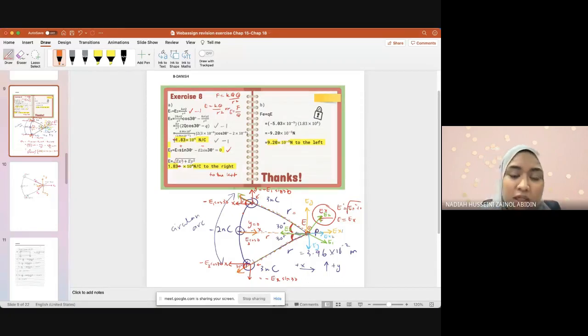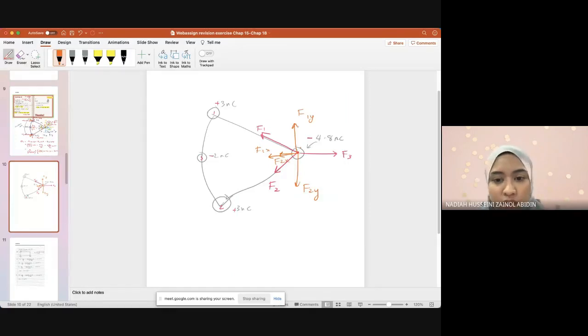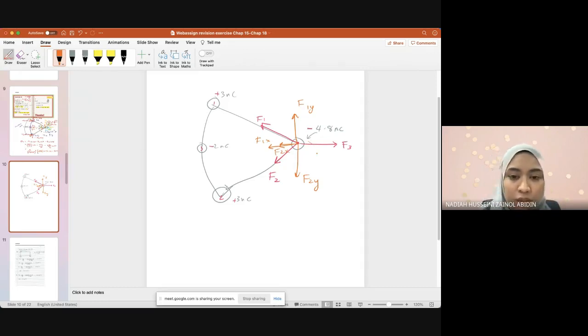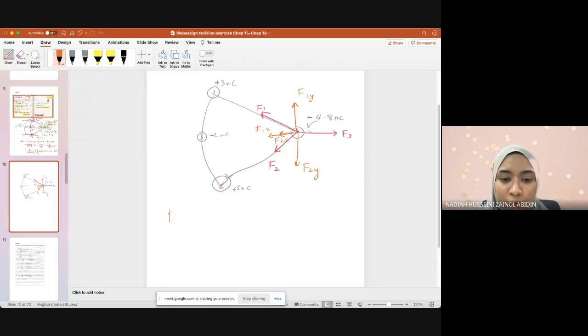Oh sorry, tadi test charge positif, so tak boleh, tak sama. Ni negatif. Kalau ni positive charge, akan samalah direction dia. Ni negative charge, so it's not the same. Okay. Alright, so now this is your diagram yang penting untuk dapatkan direction, and then for your force, the sum